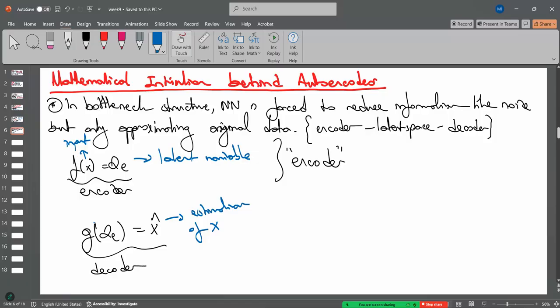Okay, and this g is the decoder function. So we can write these general solutions: the latent variable is a hidden feature of data representation